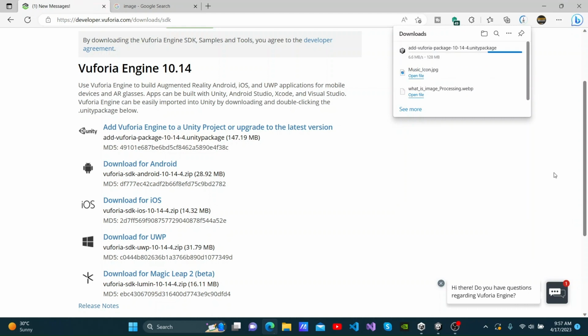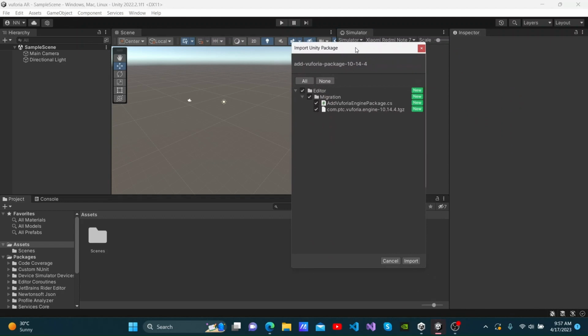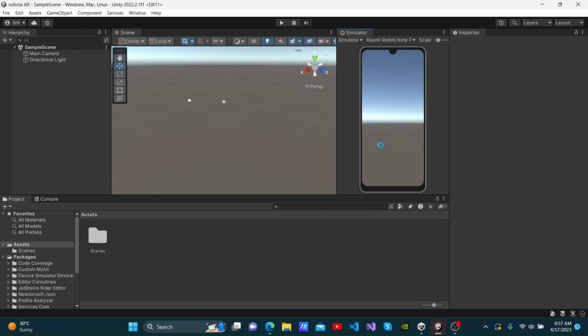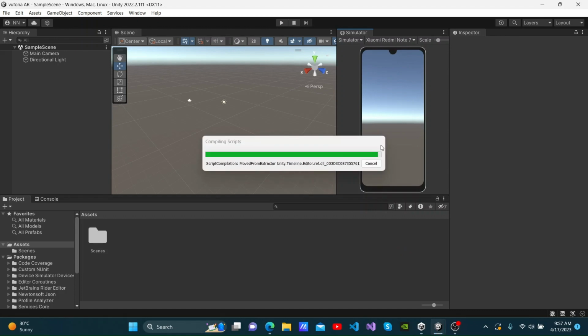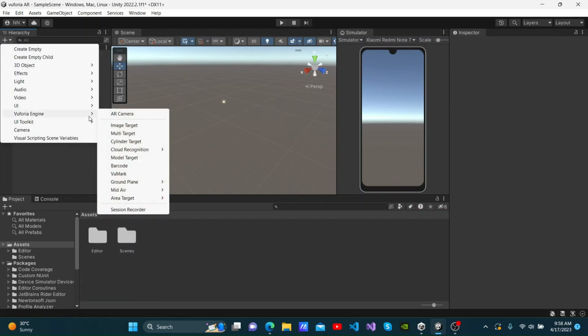Now it will download. Okay, you must open this Vuforia SDK package. Now it will open using your Unity engine. So you can import this Unity package. Now you can delete this main camera and add a new AR camera using the Vuforia engine new package. So you can see this. You can see in this list Vuforia engine. Now you can add AR camera,